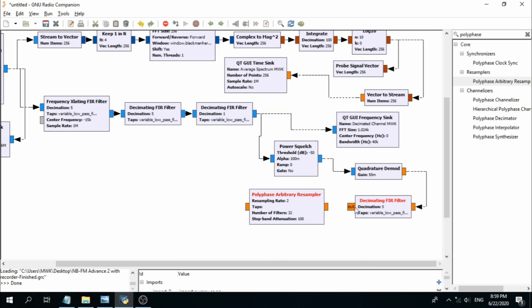Okay, I think everything is nice. Now connect from decimating FIR filter output to the polyphase